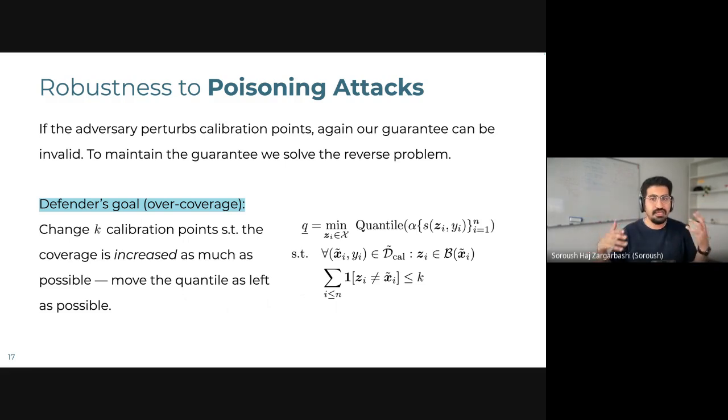And again, with the setup that I mentioned, that I assume that my scores are between some upper bound and lower bound, we can solve this problem. We can say that instead of trying to perturb X to get lower scores, I know that there is a lower bound and upper bound, and I can say at worst, the score could move to its lower bound. So I can just solve the problem again with a mixed integer linear program.